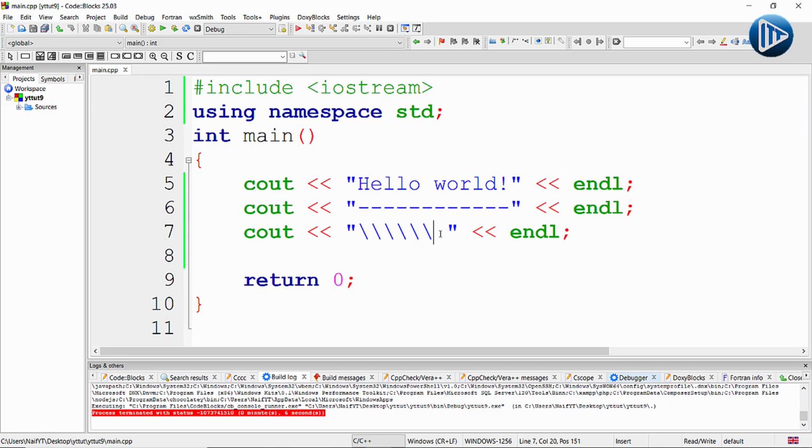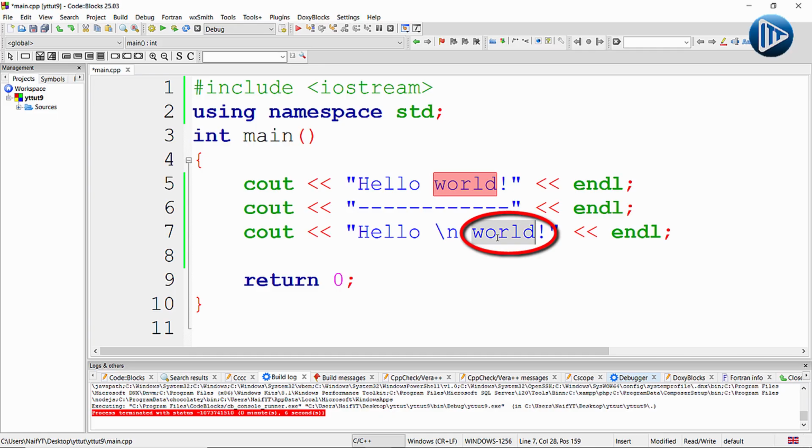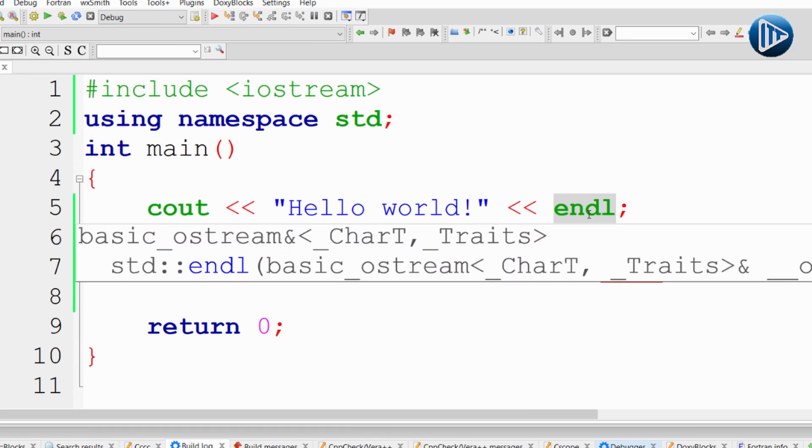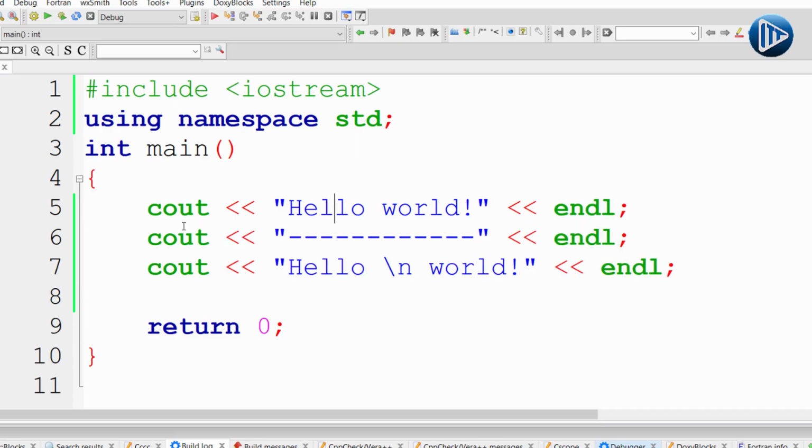And of course, we did have an example about the slash n before, where we said that it is going to print the second word over here on another line. And of course, we can do that using endl itself, where endl is an instruction in C++ that prints the second cout on a different line. Am I right? So instead of using slash n, what we can do is close our first word over here